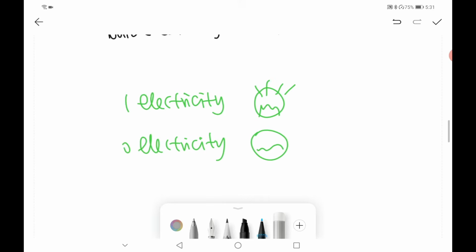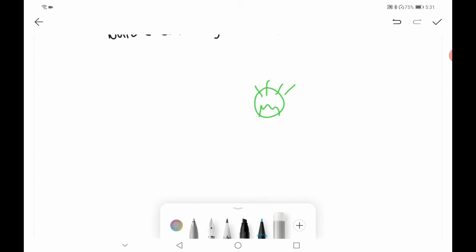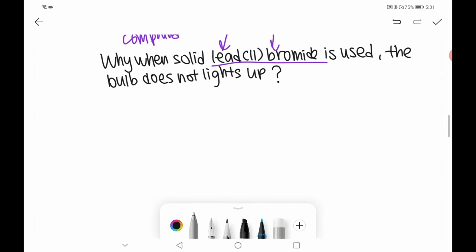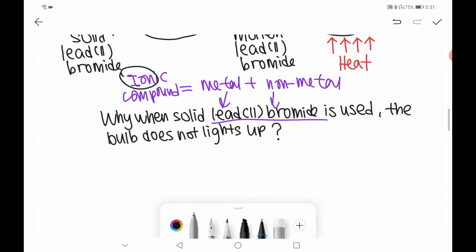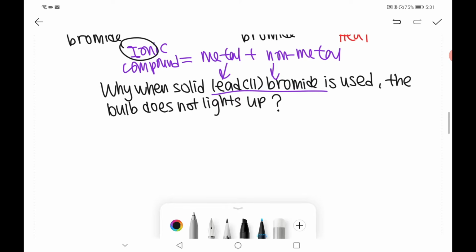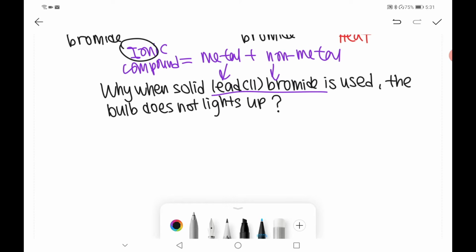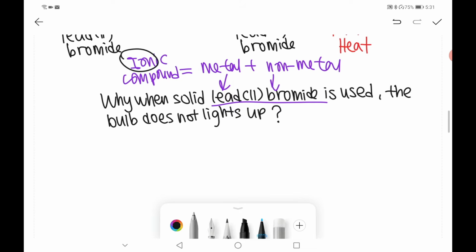Now look here. In solid form, what is the problem? Ionic compounds have ions, they have charge. Let me show you a picture first. When you have a picture, you can imagine better. So when we have the solid form,